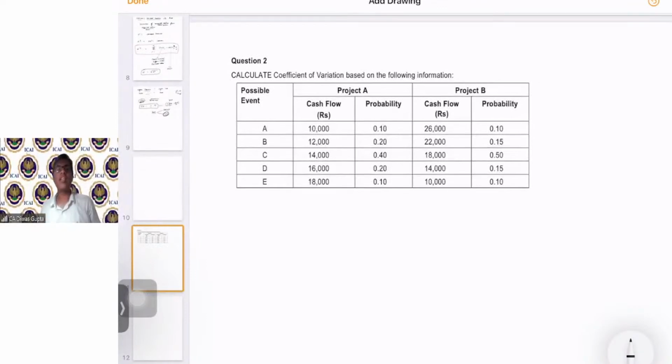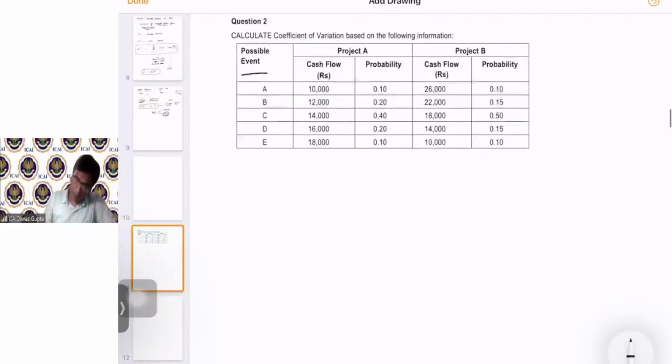Calculate the coefficient of variation based on the following information. Project A and Project B, there are two projects that have been given. Possible events, they have given 5 possible events with the cash flows and respective probabilities, both for Project A and Project B. Now, students, for calculating